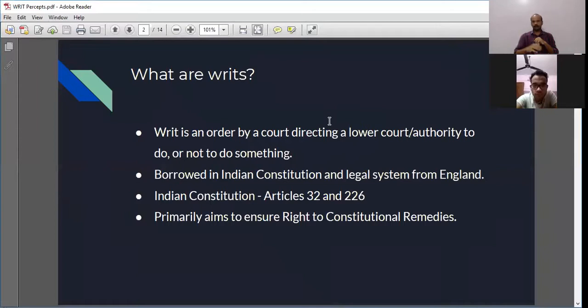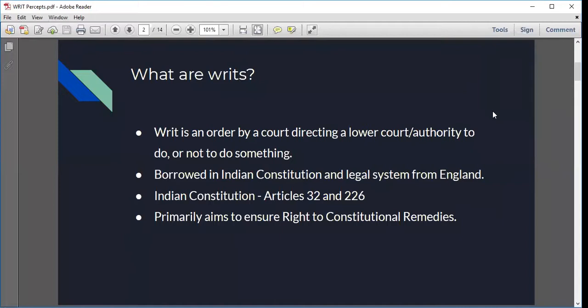Now, what are writs? Basically, a writ is nothing but an order. If there is a written order by the court, so what did the court do? The court wrote an order. The court gave you an order that such and such things should happen, right? And then you started discussing it. The primary function of an order is that you should be able to implement it, right? So whatever order there is, what will we do first? Implement it. So these court orders are basically meant to